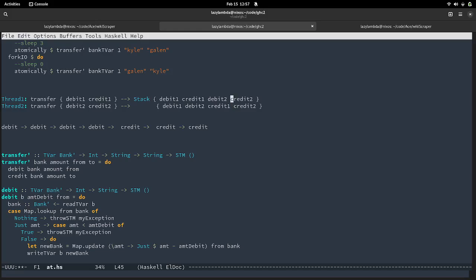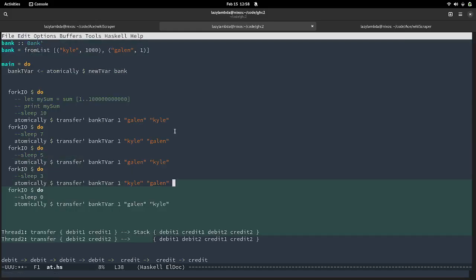The point I'm going to make here is that for 4 possible instructions, there are 4 times 3 times 2 times 1, 24 possibilities of ordering, and there's only one which makes sense.